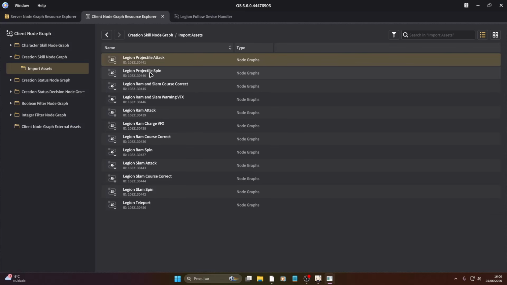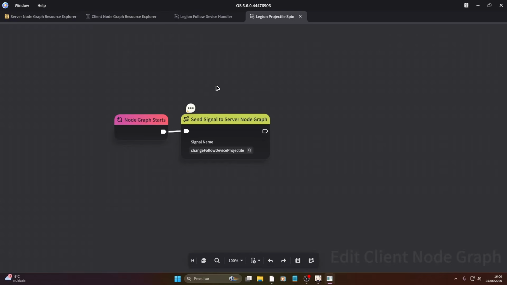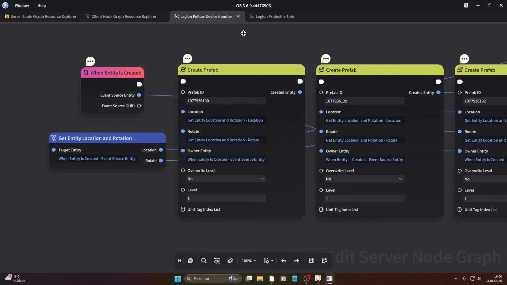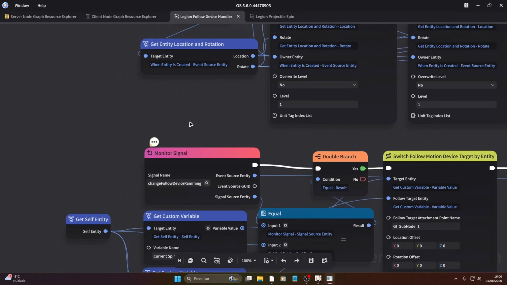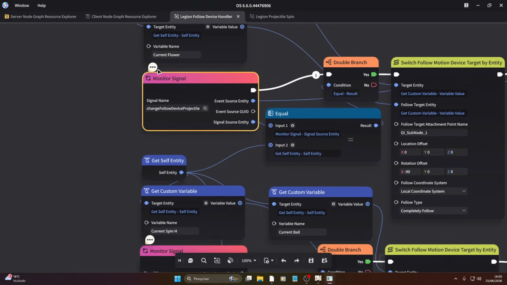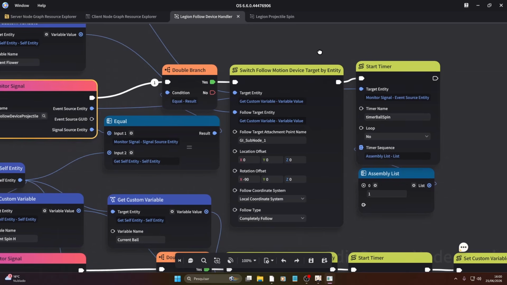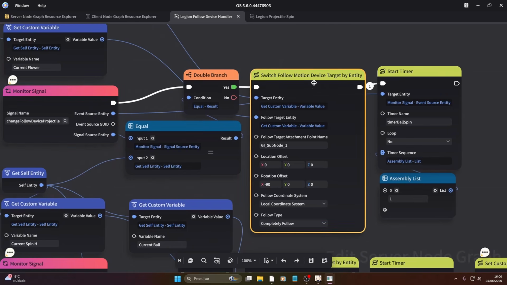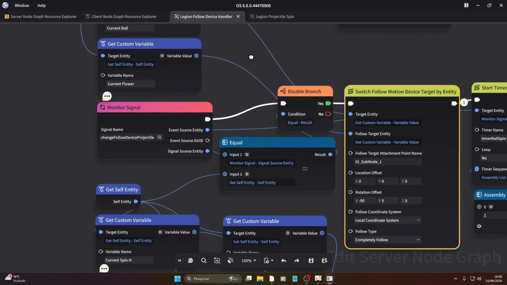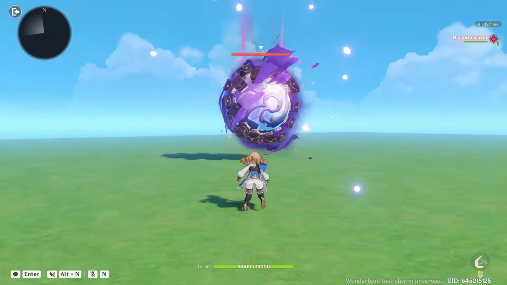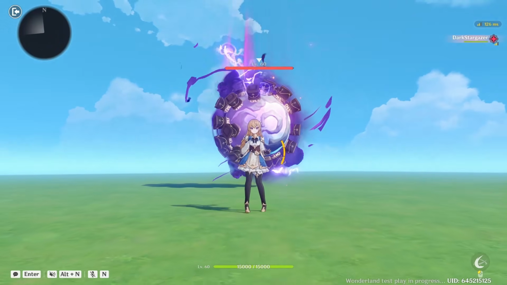If we go to the sandbox editor, you will see that Legion projectile spin actually sends a signal immediately as soon as it is called to the server node graph, and then there's a server node graph that does receive this projectile spin change follow device projectile. There is a node here that receives the signal and will do something related to that signal, which in this case is switching the follow motion device to the correct entity such that the visual effect of the enemy preparing the attack can be very visually